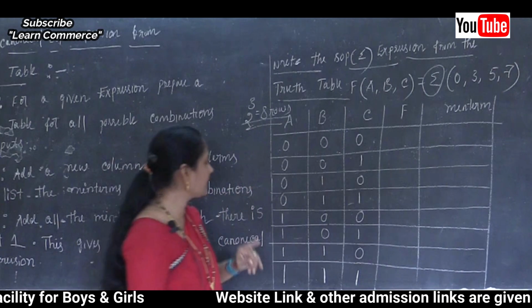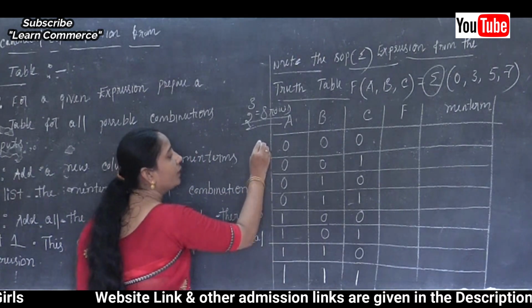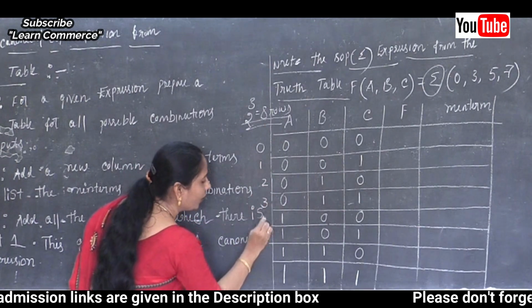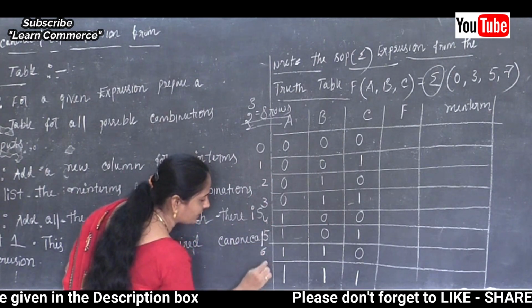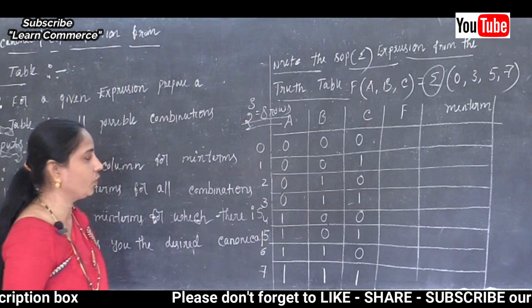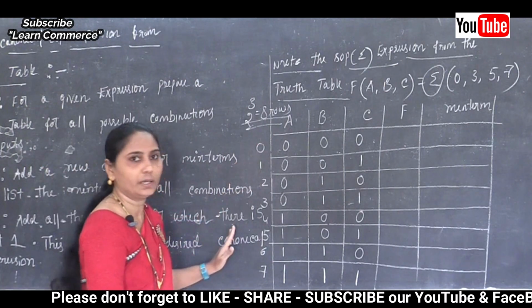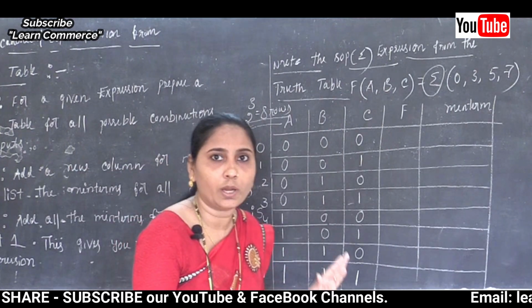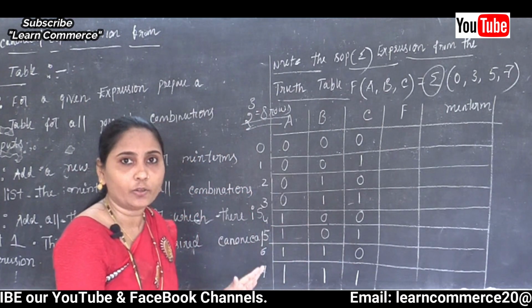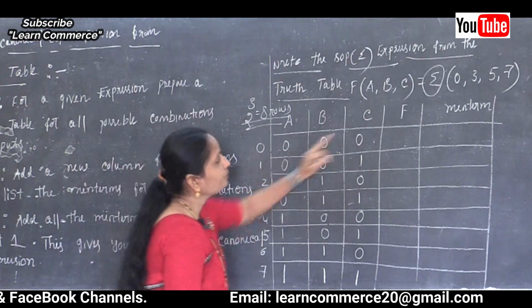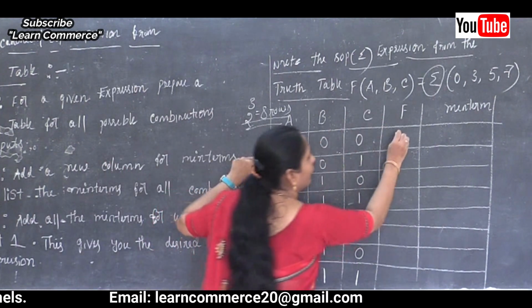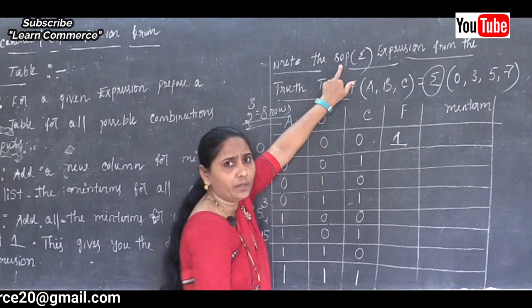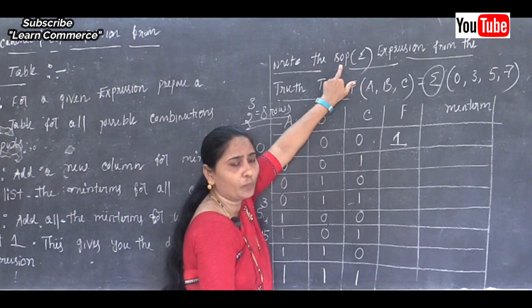Now in which places am I going to put the output? For an easy method, number the rows 0, 1, 2, 3, 4, then the 5th, 6th and 7th rows, just to know which is row 0. In place of 0, I am going to use the value 1. Why? Because it is an SOP, so binary 1 is considered to form the SOP.